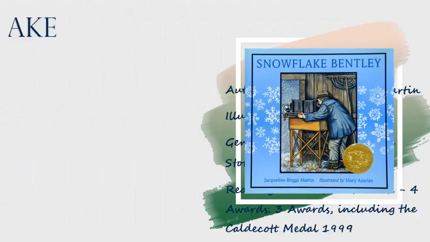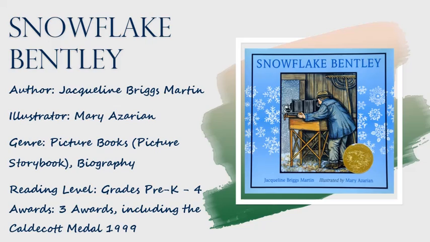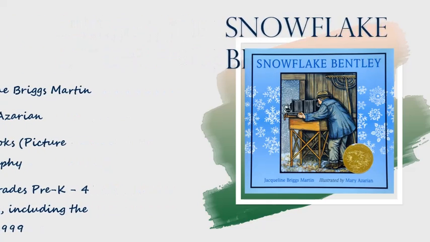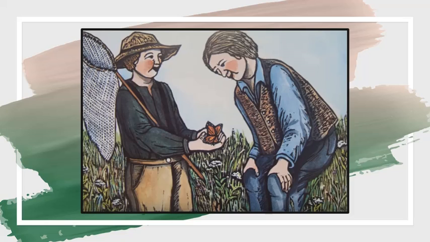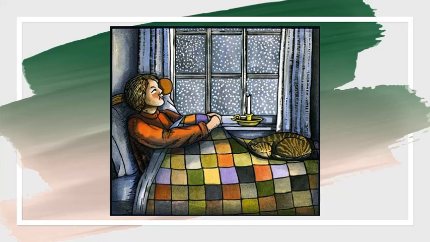My first and featured text for this set is Snowflake Bentley by Jacqueline Briggs Martin. She writes the true story of Wilson Bentley, a boy from Vermont who loves nature, especially snow. He delights in every little gift that each season brings him, but is sad that the tiny, awe-inspiring, icy flakes that fall into his mittens in winter melt so fast. He wants to capture them somehow so that the whole world can gaze upon the beauty that each unique snowflake brings. To do this, he asks his parents for a camera, a gift that ends up giving delight to others even today, 100 years later.